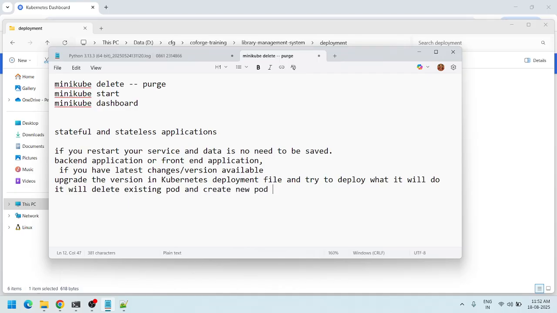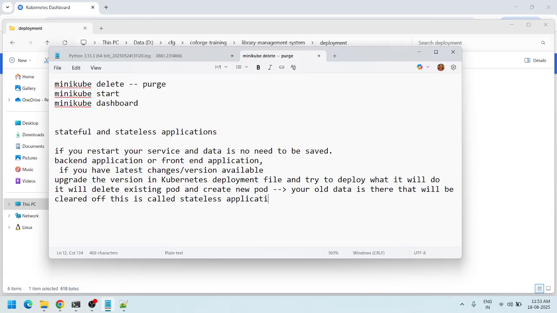So what happens in this case, your old data, if saved, if your old data is there, that will be cleared off. This is called stateless